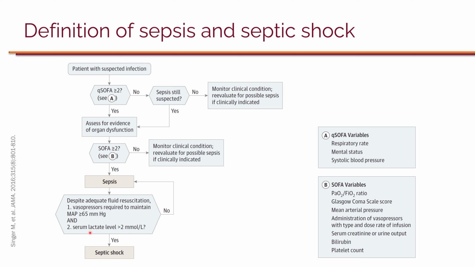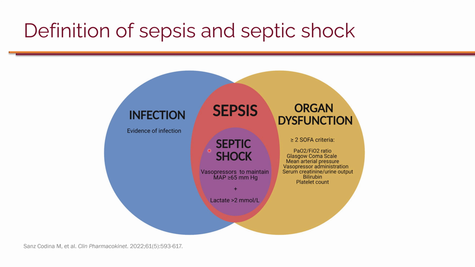And if the serum lactate level is at least 2, the combination of these 2, both of them are required to meet the definition of septic shock. And that essentially defines the patient as having a septic shock. Now, when you look at people who have organ dysfunction, again, not everybody will have an infection, and not everybody